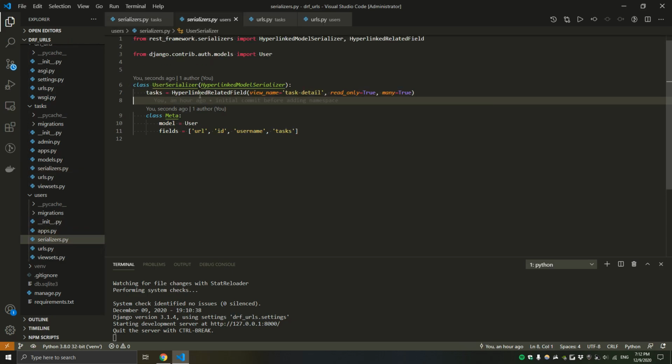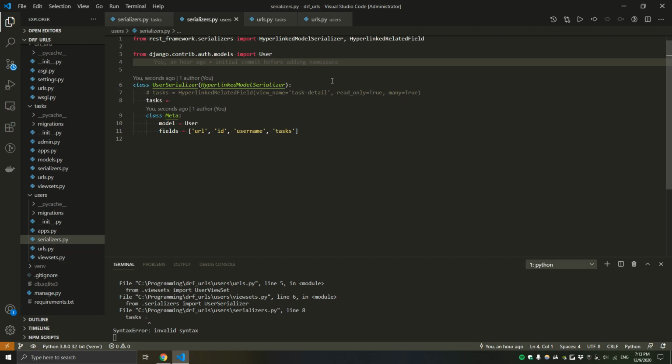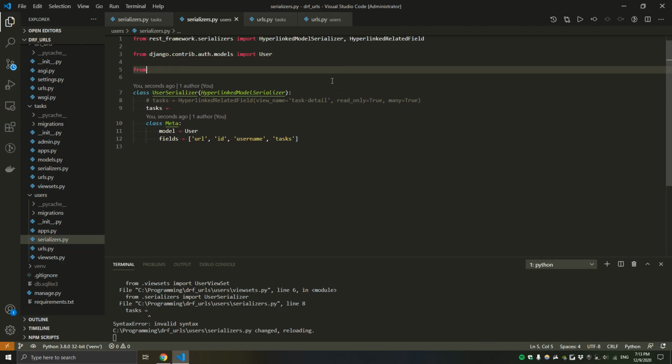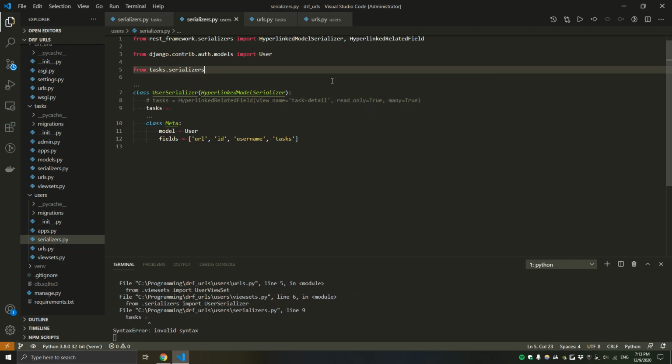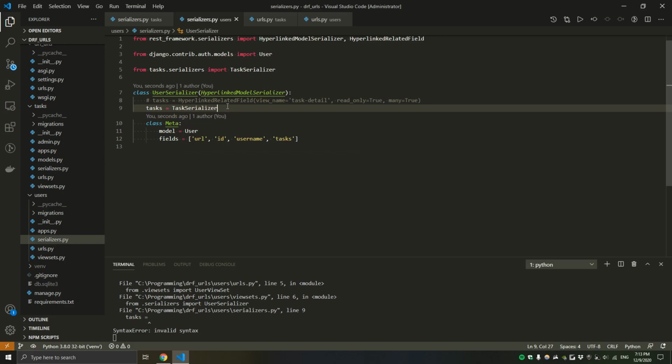So right now I'm using a hyperlinked related field. I'm just going to comment this out and use the task serializer. So I'm just going to have to import that real quick. I'll just do a simple import: from tasks.serializers import TaskSerializer. So task serializer equals TaskSerializer,